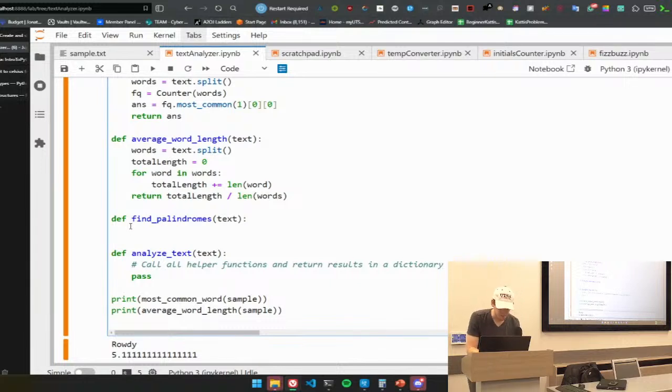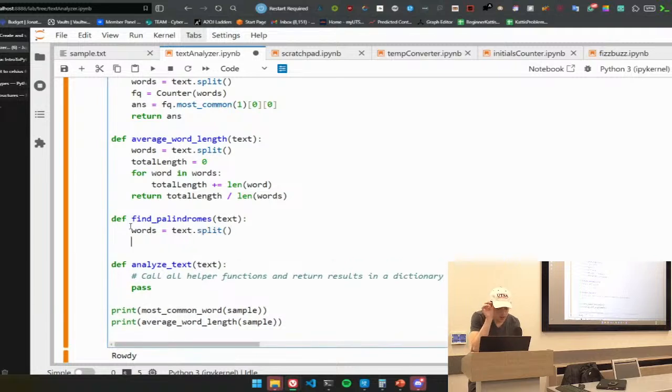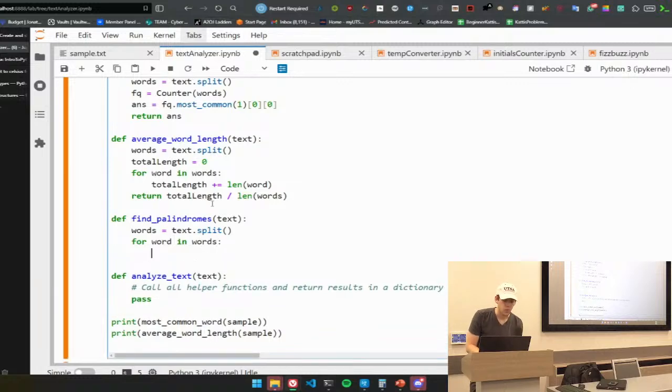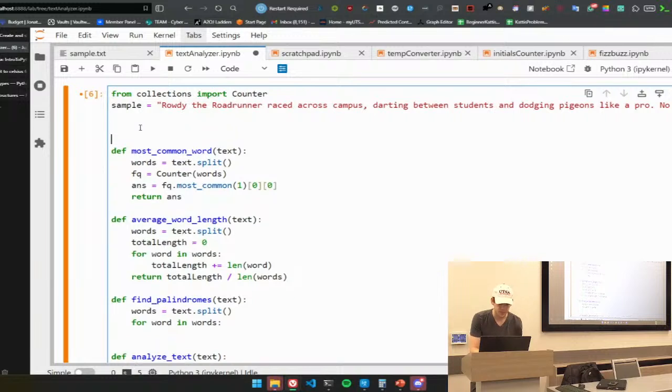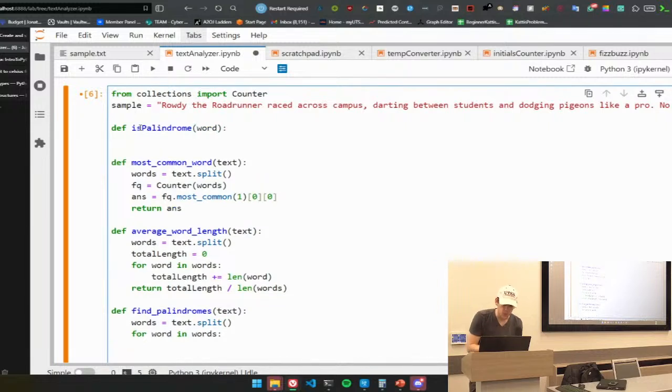we can say again, words is equal to our text.split. And then for word in words, well, let's define a new function called isPalindrome word. And then the way we can determine if a word is a palindrome or not is we can return word is equal to, let's see,